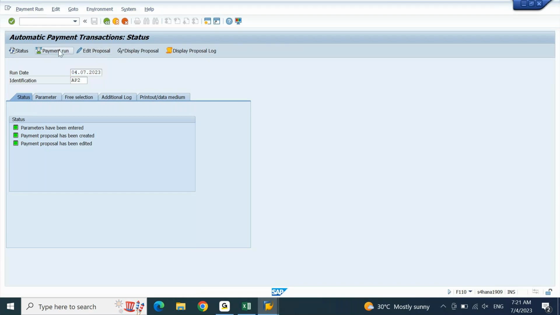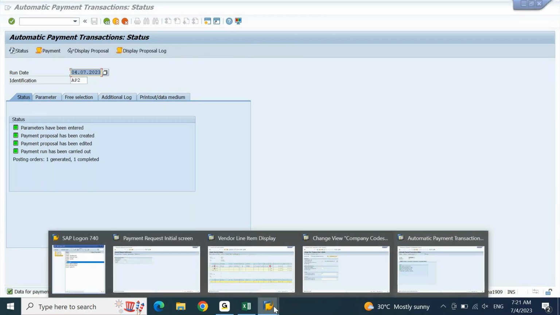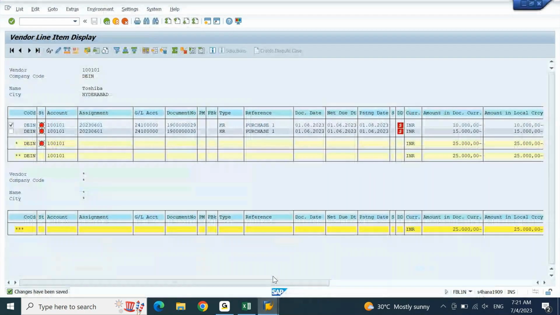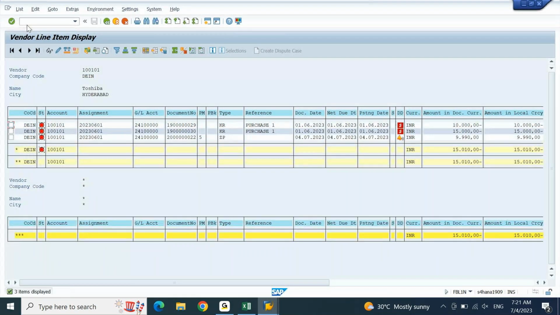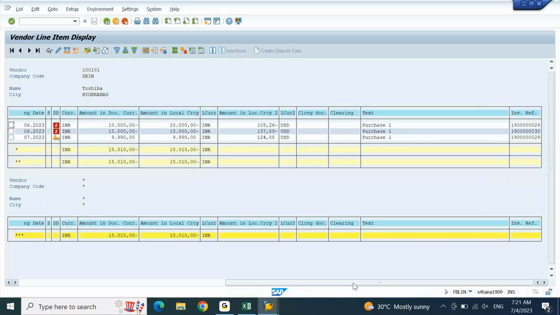Let me click on payment run now. Now one payment is processed. Once the payment is processed, if I try to process this payment request, it is showing 9,990 as open. And if you go to the right side, it has been updated with the invoice reference number of the original invoice, from which